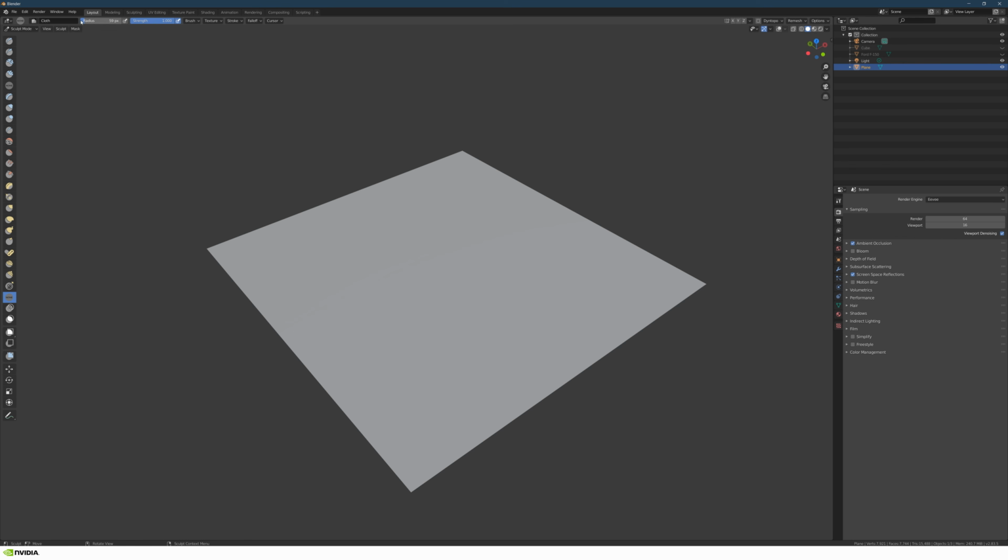So what I'm doing here is choosing the brush, choosing the main mode, and the only thing you need to do now is maybe just set this plane to shade smooth and go back to sculpt mode. And the only thing you need to do now is just move this brush around, and what you can see is that simulation is happening